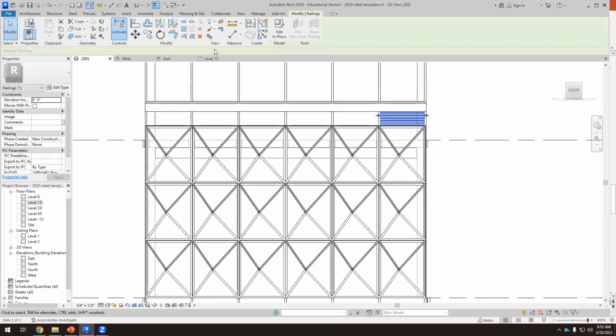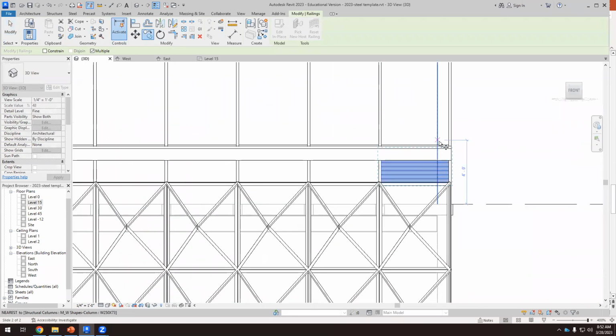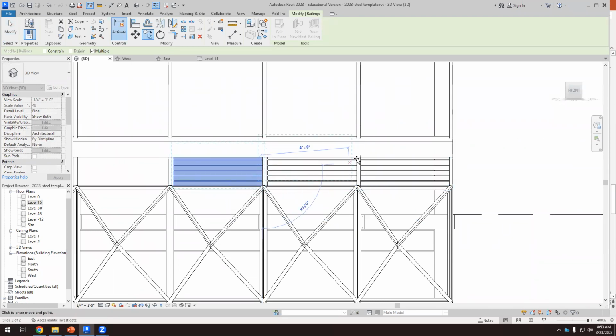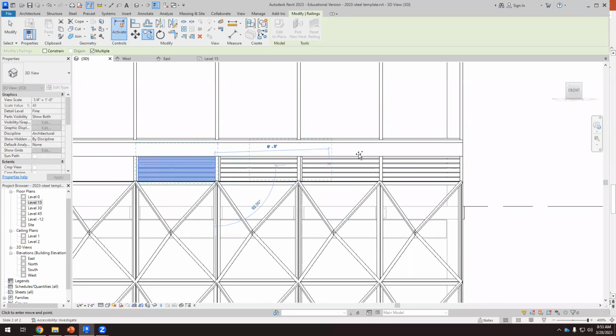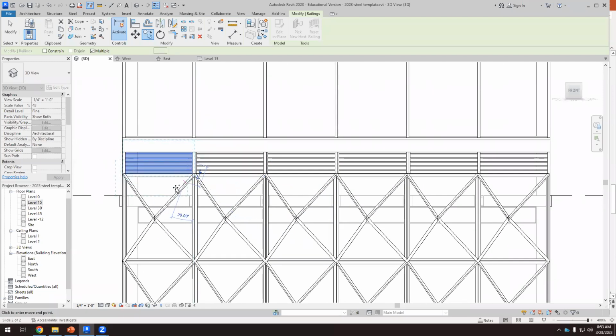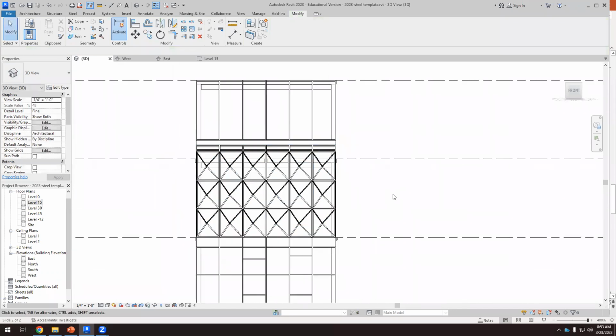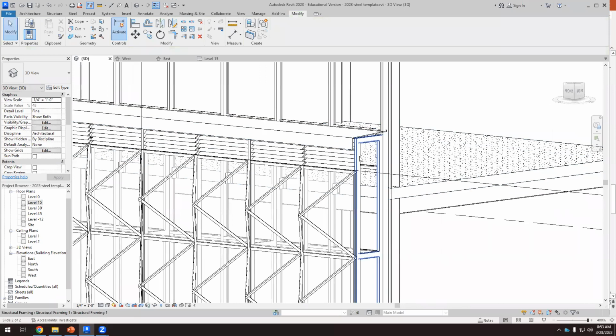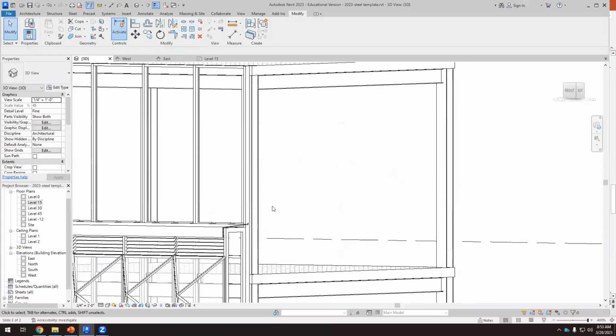So I can select this, copy from this to this, and here, here, here. Okay, so we have created here